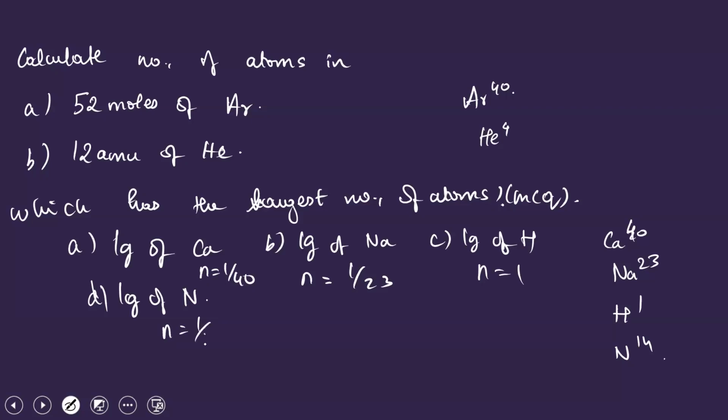1 by 40. அப்போ here the thing is number of moles யாருக்கு ஜாஸ்தியா இருக்கோ அங்கதான் number of atoms ஜாஸ்தியா இருக்கும். கரெக்ட்டா? யாருக்கு ஜாஸ்தி? Hydrogen. So they will have more number of atoms. Is that clear? All of you? Fine. Shall we go to the next part? Note it down. இப்போ இதுவே 1 AMU கேட்டாங்கன்னா calcium